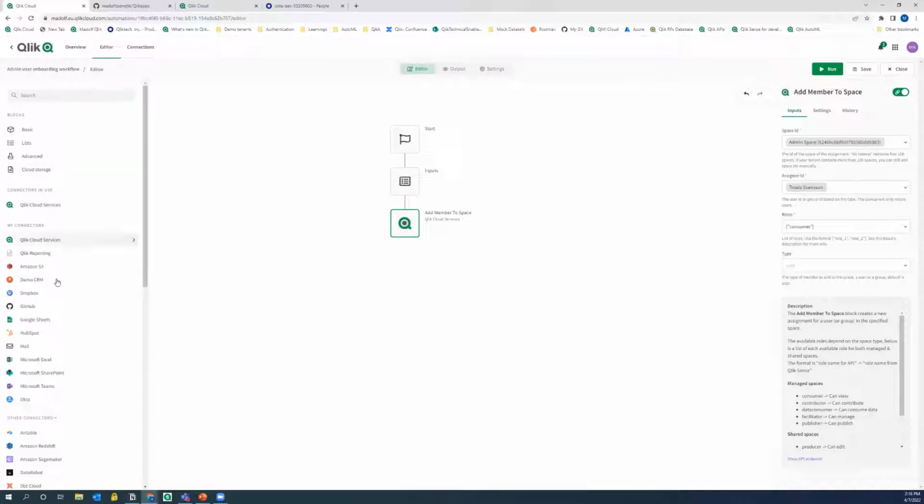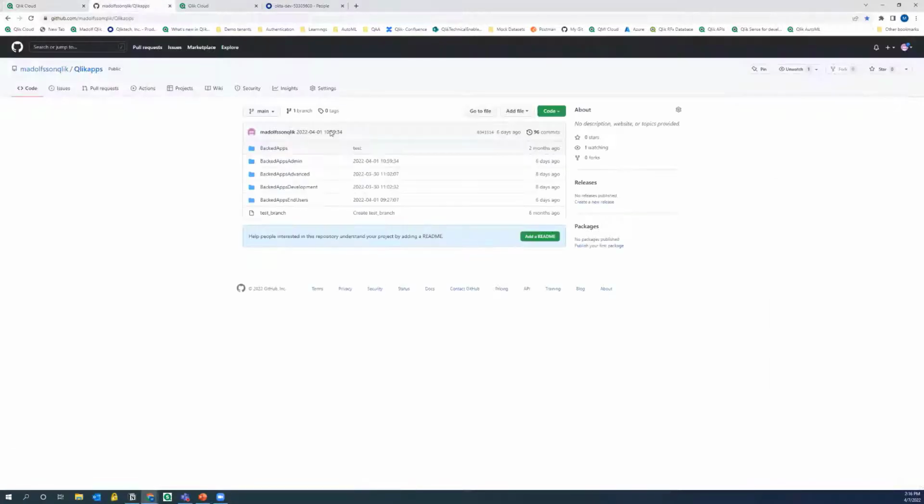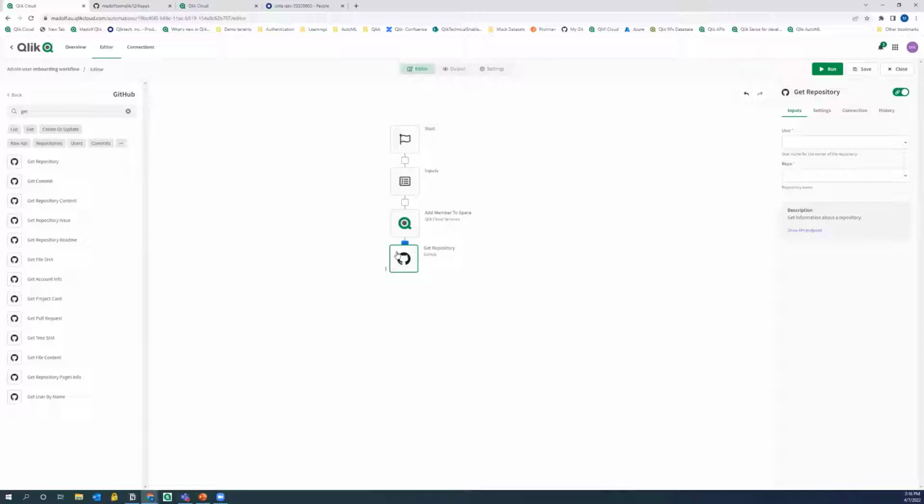Now let's navigate to the GitHub block. I would like to get repository content. Because like I said, I have these in a specific repository. And in order to import into Qlik, I need to know the content of my repository or of this specific file in a repository. So I'm going to click here, drag and drop again at the bottom of add member to space. We're going to look up,